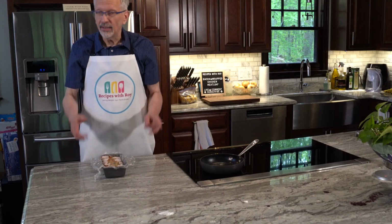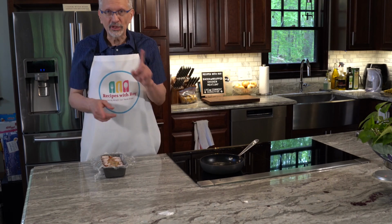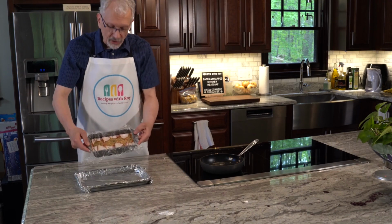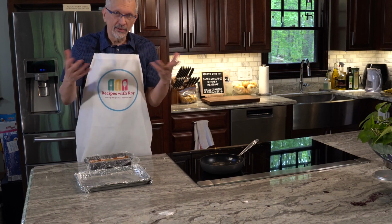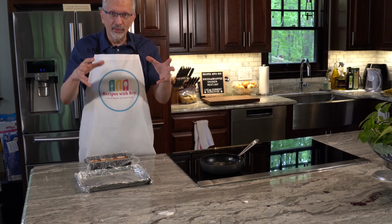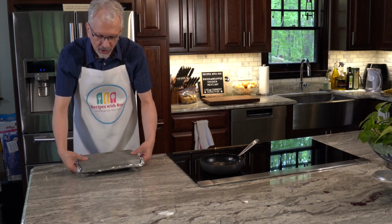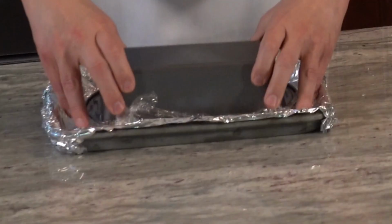Okay, and there you have it. Now the next part is to transfer it to our sheet pan. So let me get that back. Now you could just turn this right out, but I'm always afraid that I'm going to, especially with my shaky hands, jerk it and it's going to plop out instead of coming out in a nice loaf. So what I'm going to do is put this sheet pan on top, turn it upside down,